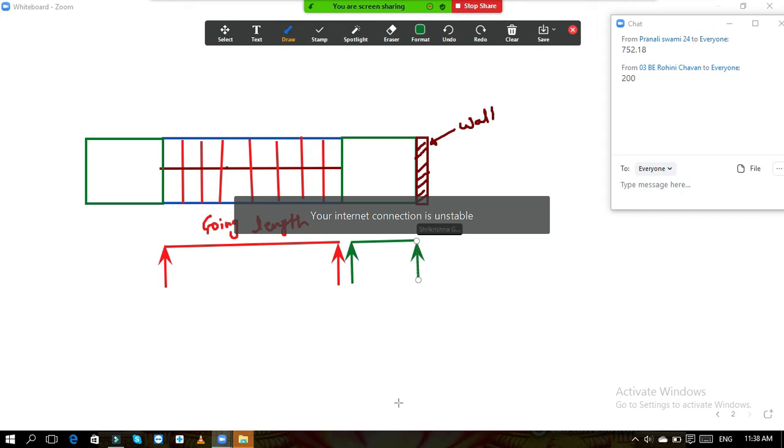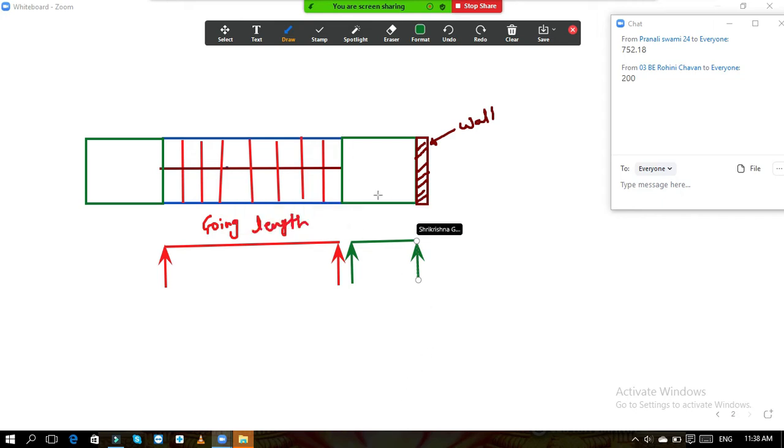Okay, now if you see the landing, the supports have come, and the span of the landing is in whose direction? In the direction of the going length. What do we call span, what is the meaning of span? Span is nothing but this length L. Suppose this is L1, this length is L2, you call this a span. Now if you see, in this condition the span of landing is in the same direction as the going length, that is in the direction of the stair. So this is called landing is spanning in the direction of the stairs.